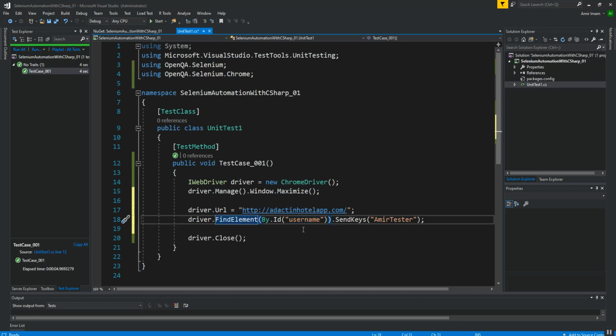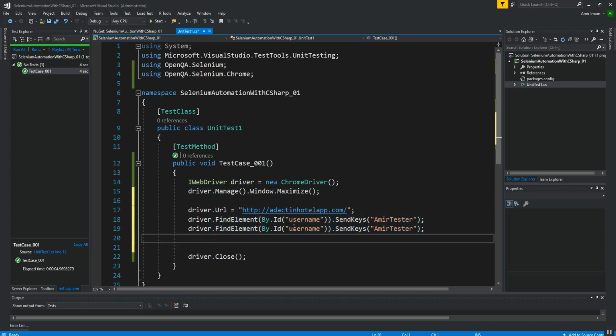The main question is, from where do I get this username? I will just right-click and inspect the element to get this ID. I just copy this field, and for password I write password as well.